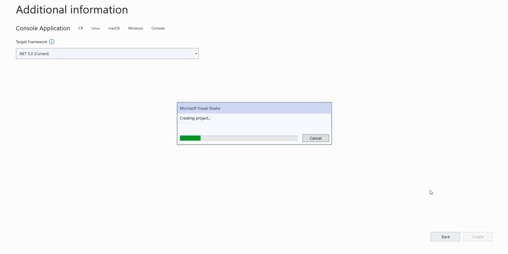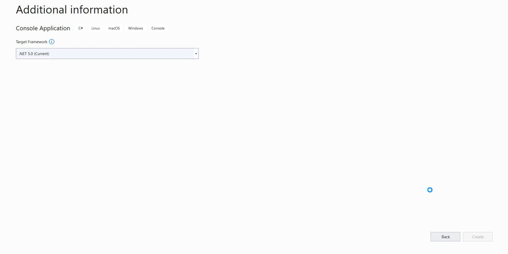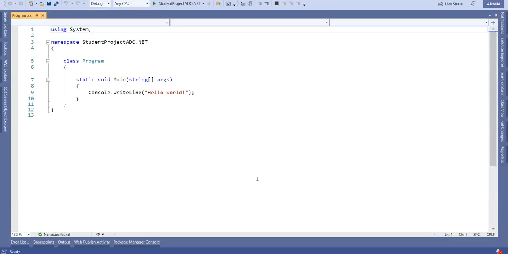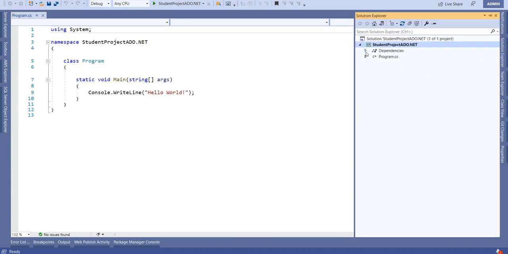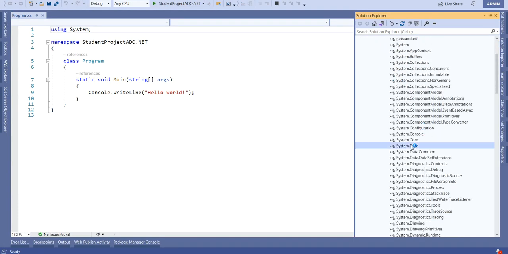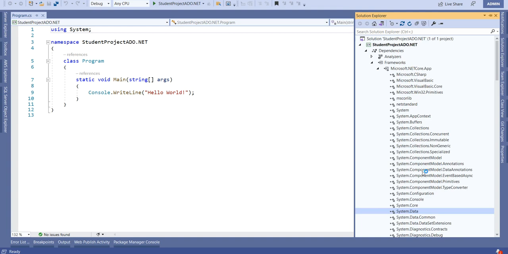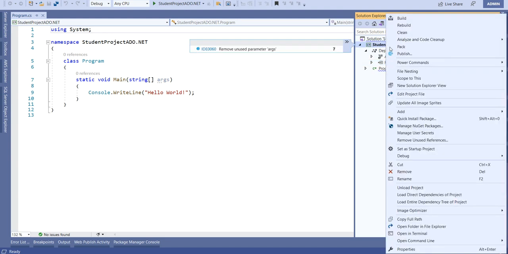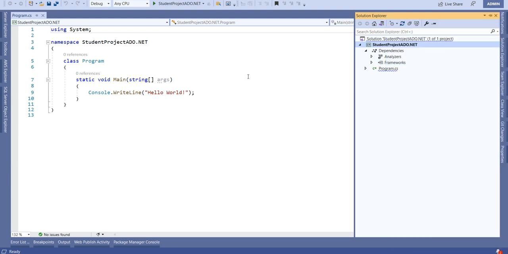So first, to connect to the database, we need to define the connection object. This connection object is present in the System.Data.SqlClient namespace, so we need to import that namespace. As this is .NET Core, we don't have that namespace by default. If you see the frameworks, we have System.Data, but we don't have System.Data.SqlClient. So to import that namespace, we need to install it using NuGet packages. Right click on this project, click on manage NuGet packages,